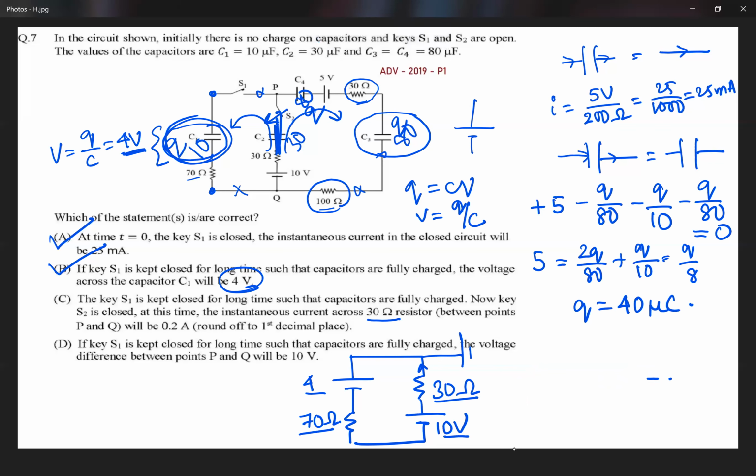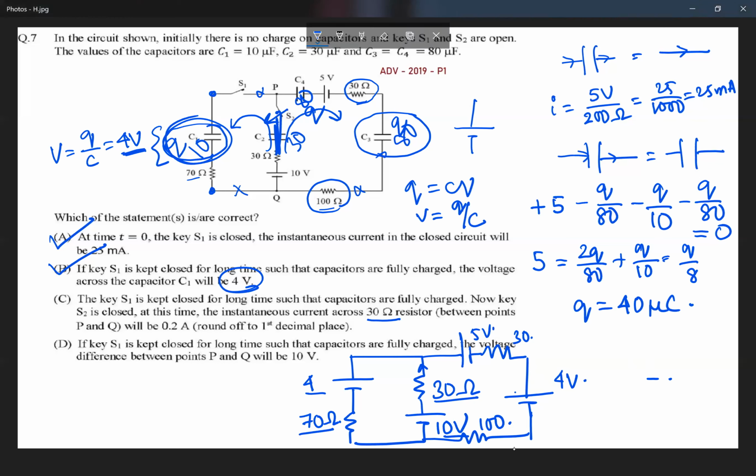So you have 5 volts over here. We have 30 ohms on that part of the circuit. This is 30 ohms. There is a capacitor over here which will behave like a battery of again 4 volts, and then there is 100 ohms on this part of the circuit. So this is 100. So putting all of these values together, the current I1 flows to this side, I2 flows to the other side. If you write down the equivalent, then you will get 10 volts minus 4 volts, which is just equal to 6 volts across these 2 points.